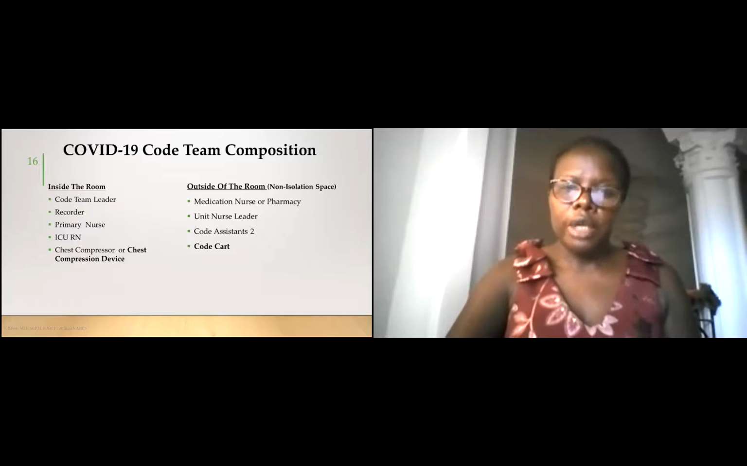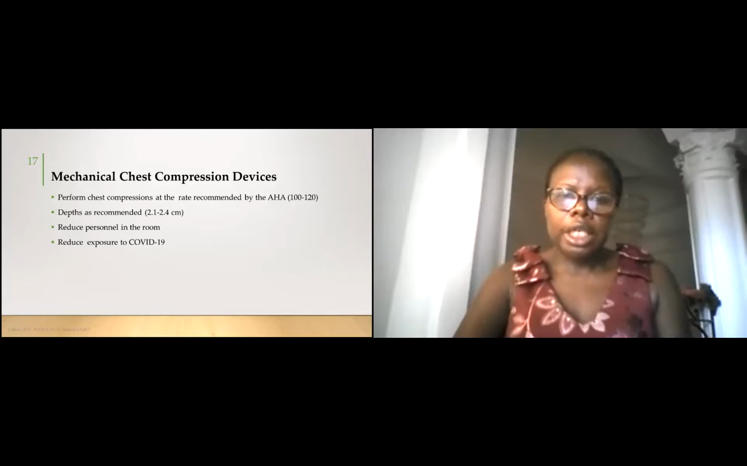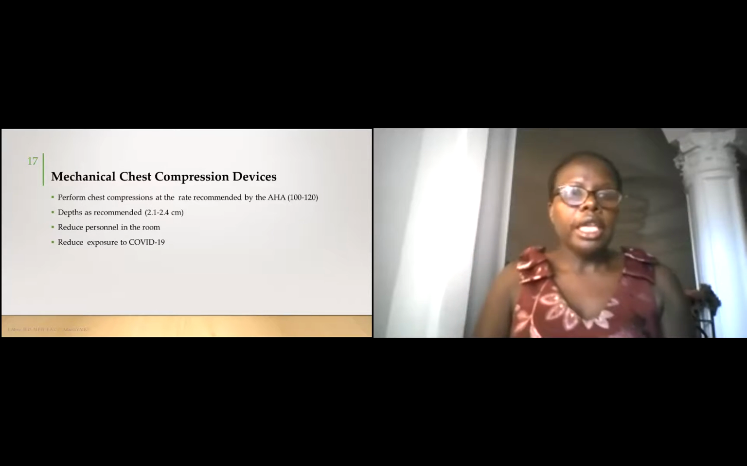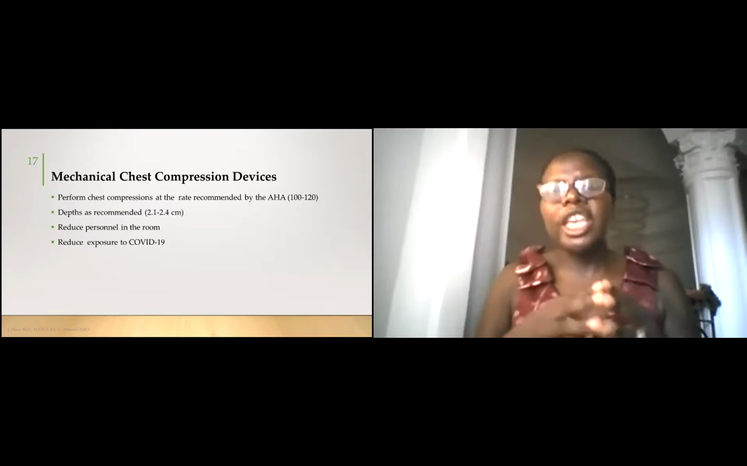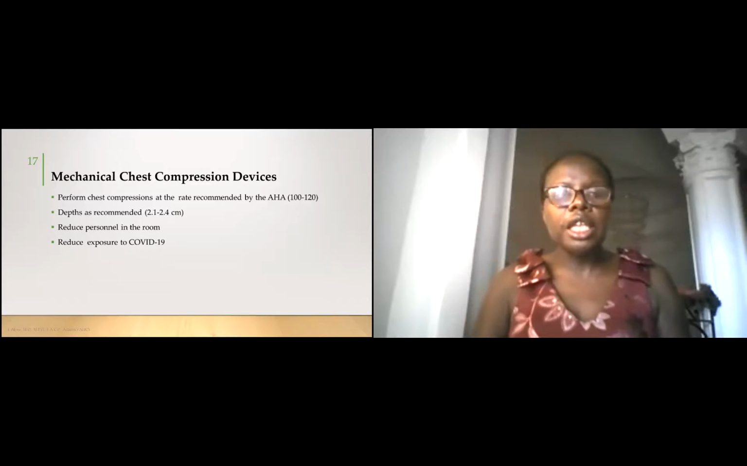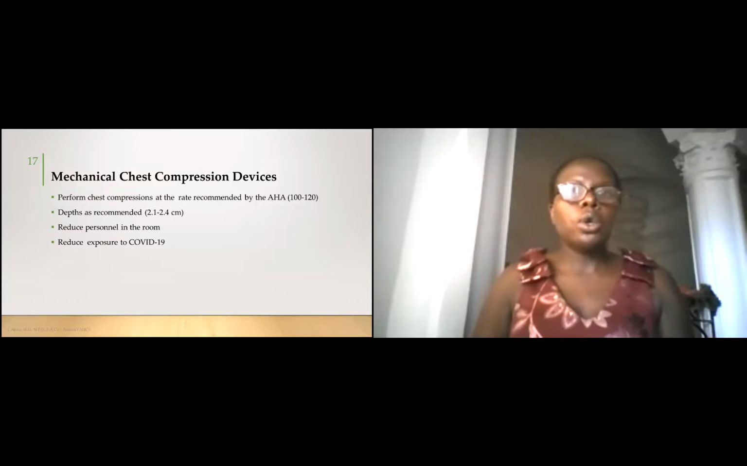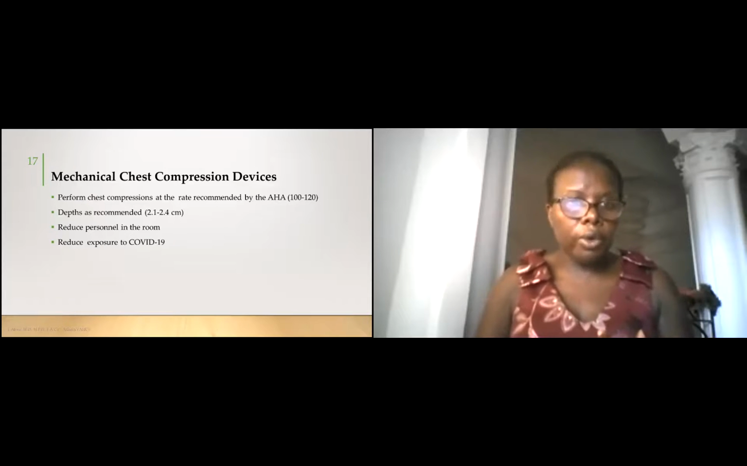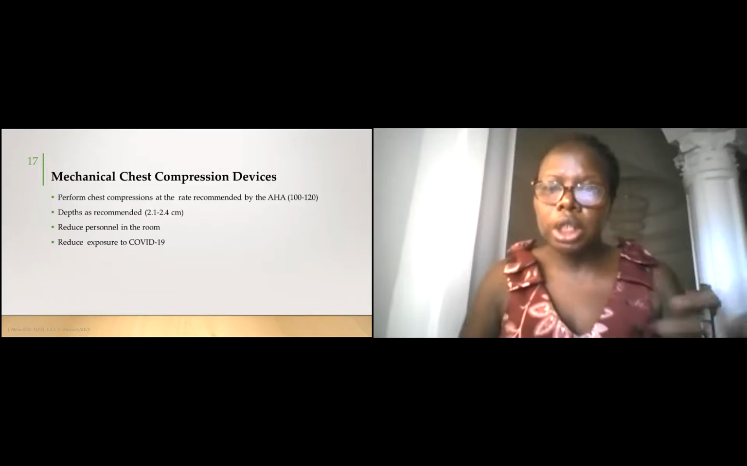be exposed to contamination. So one of the things which came up only during COVID is the use of mechanical chest compression devices. Before COVID, they were not recommended for inpatient cardiac arrest in the United States. Most of them were recommended to be used during transportation for cardiac arrest out of the hospital. So these mechanical chest compression devices help reduce the number of people who are in the room. They reduce exposure to COVID-19, and they do chest compressions at a rate of 100 to 120, which is the recommendation by the American Heart Association, and a depth of 2.1 to 2.4 centimeters, which is what is recommended by